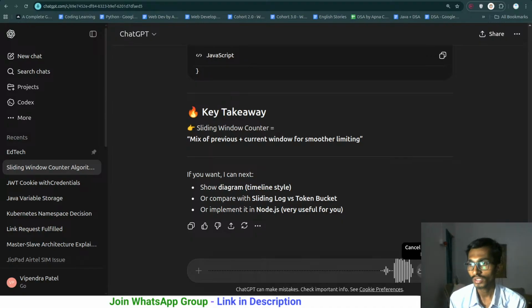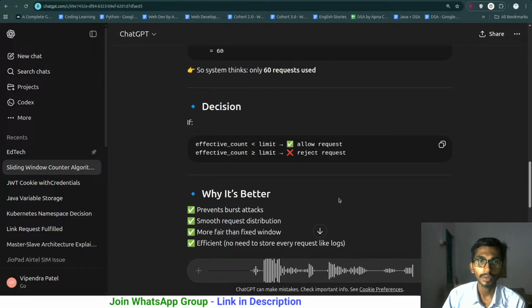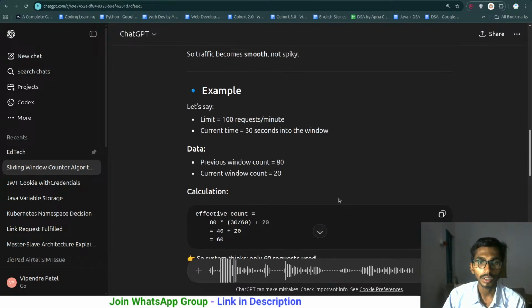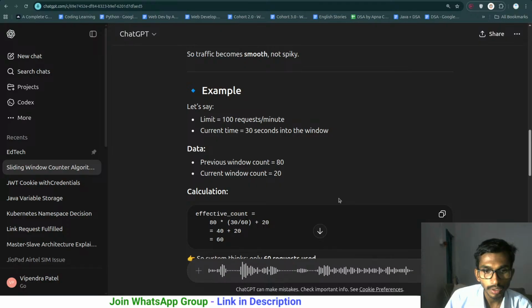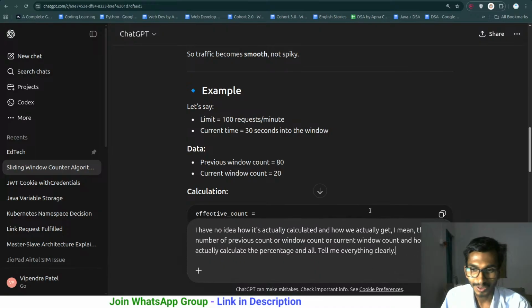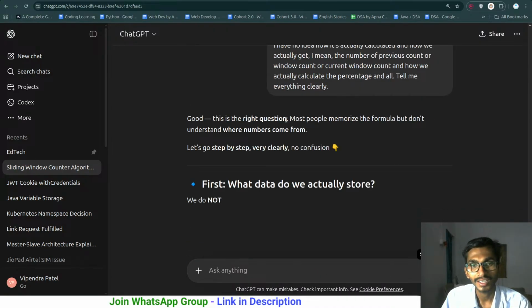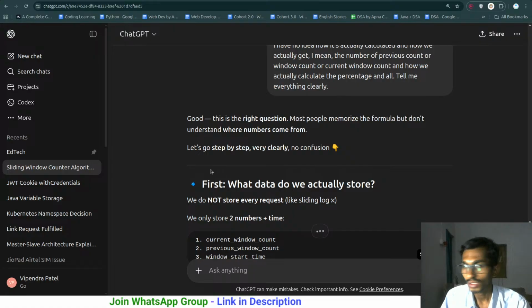I have no idea how it's actually calculated, and how we actually get the previous window count or current window count, and how we actually calculate the percentage and all. Tell me everything clearly. So it turns out this is going to be the topic of the day. Of course we have to go through that URL shortener, but before that let's go through it really